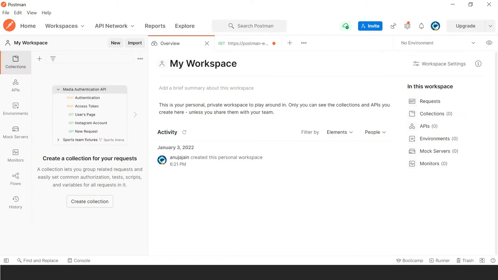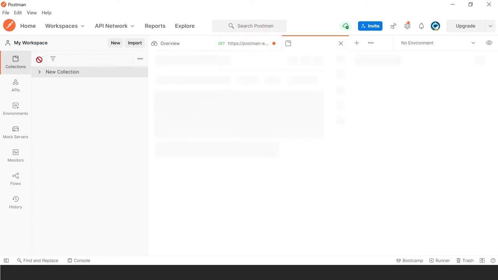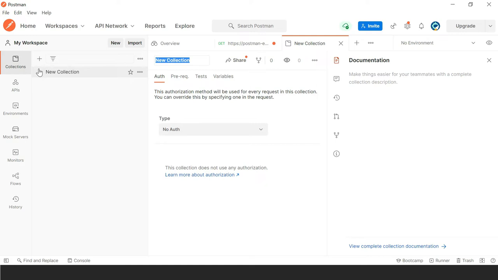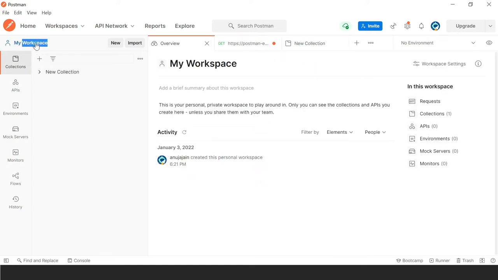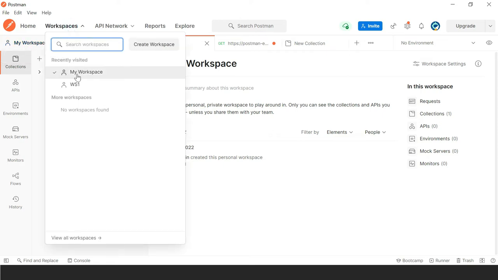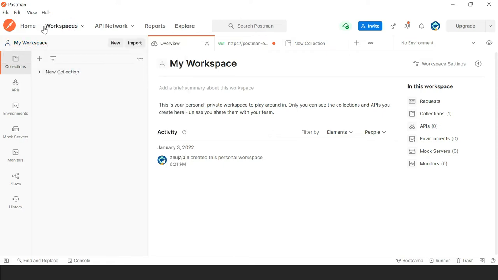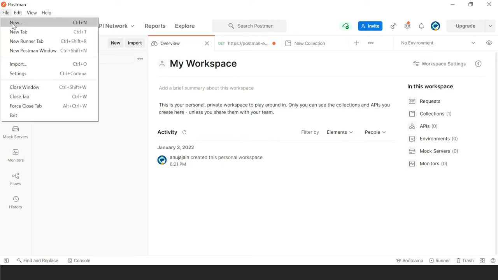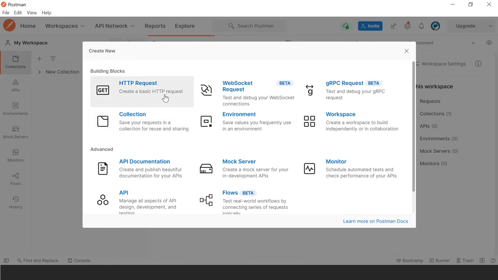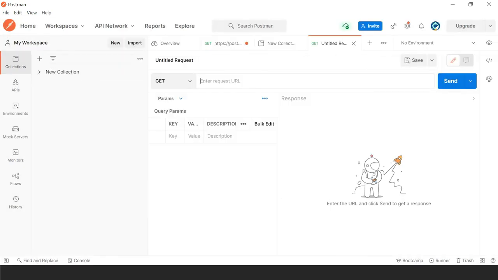In our Postman tool, let us see how we can create the request. You can click on the plus here to create a new collection, or you can create a request in your workspace itself. So let's move to our workspace. Click on New. We are creating an HTTP request. Okay, and we will be using this particular request, which will go to the Postman Echo server, and